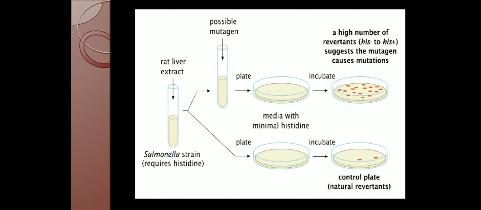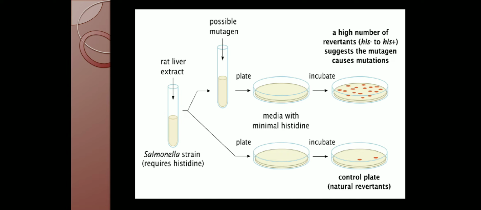So let us move into the procedure. Here we are going to take the organism in a rat liver extract. So we are going to grow the organism in the media. To this media, where the organism is present, we are going to add rat liver extract, mammalian liver extract. As I told you, it is very important because once it is processed in the liver, it can turn mutagenic. So therefore liver extract has to be added.